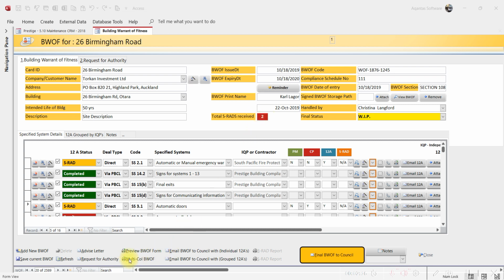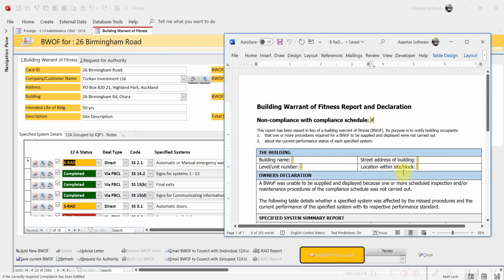Okay, and since there are SRADs received for this BWOF, you'll see below here the preview BWOF, multi-call BWOF, the final BWOF to council. These buttons all get disabled. Okay, and the button which gets enabled is the B-RAD report. Fine. So the moment you click on the B-RAD report, now this B-RAD report is based on this report which